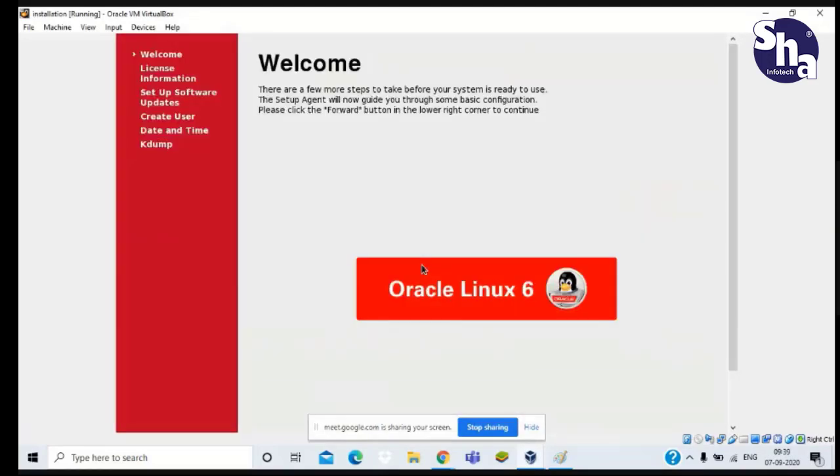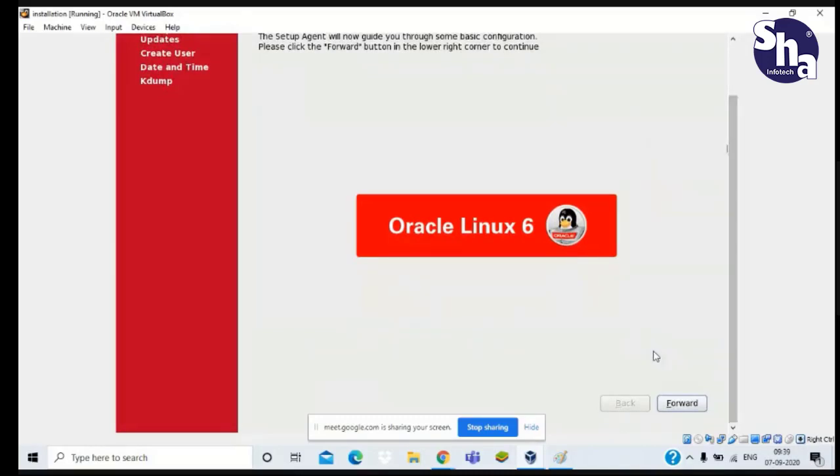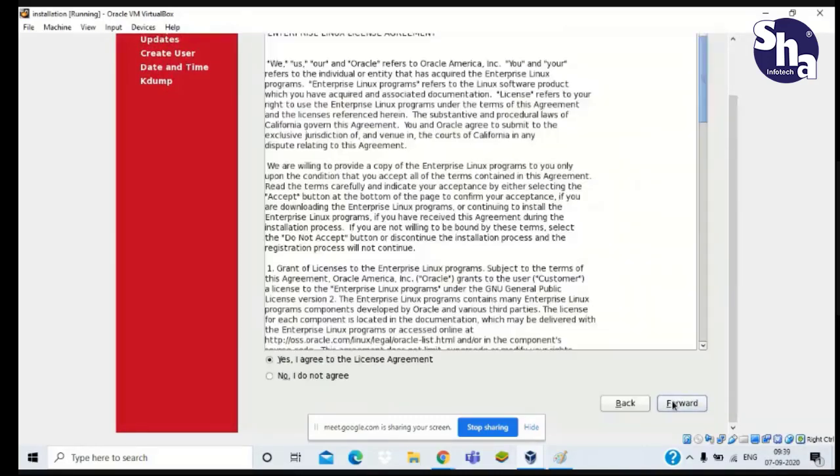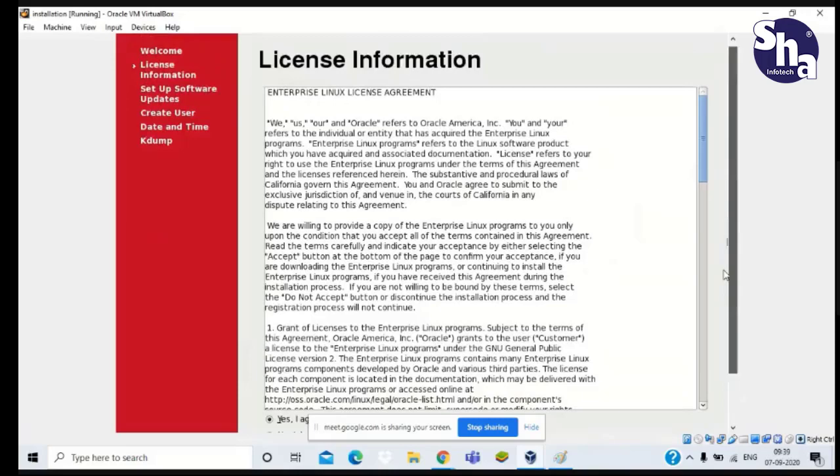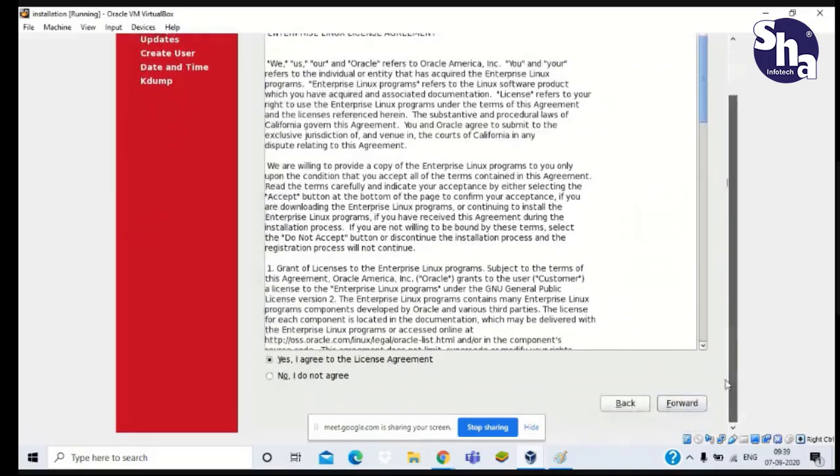See, the OS configuration interface has come, asking me welcome. You just need to forward it. Next, this is the license agreement. You have to select yes. It is already selected by default.